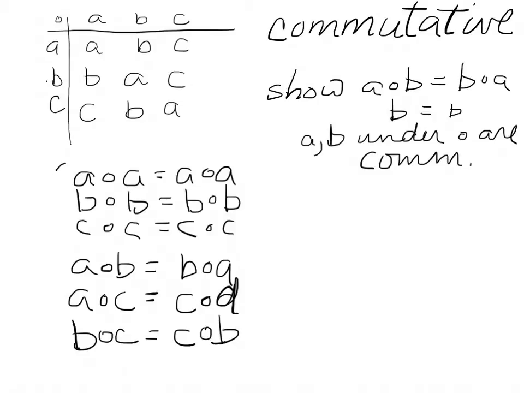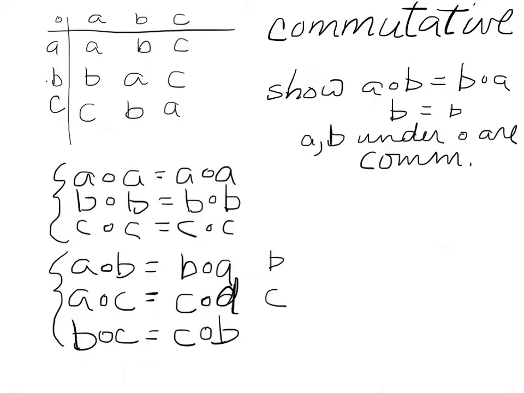And so these are default cases that are obvious, but what about these? Are all three of these commutative? If you pause the video and try to work those out, you will see that the first two are. A operated with B and B operated with A, those are both equal to B. A with C and C with A, those are both equal to C. And B with C and C with B,